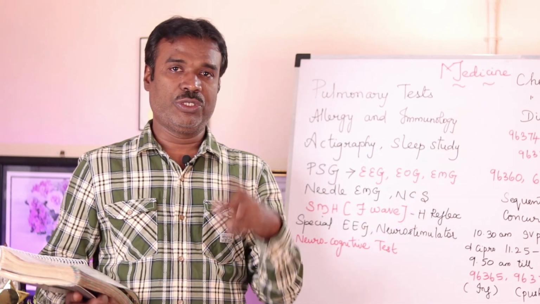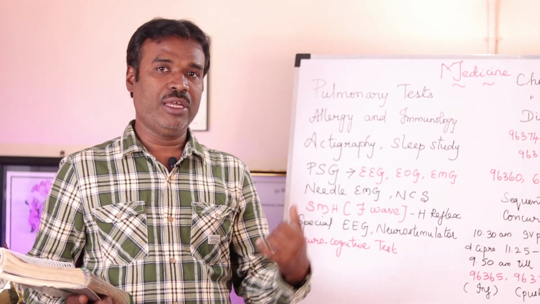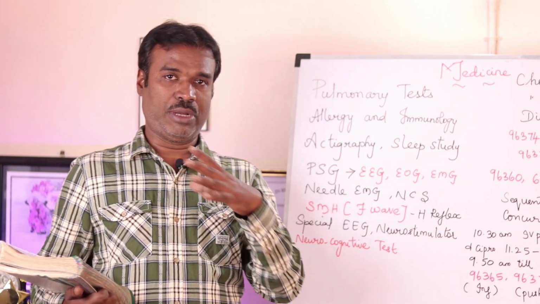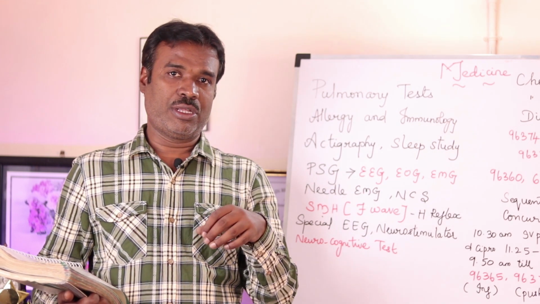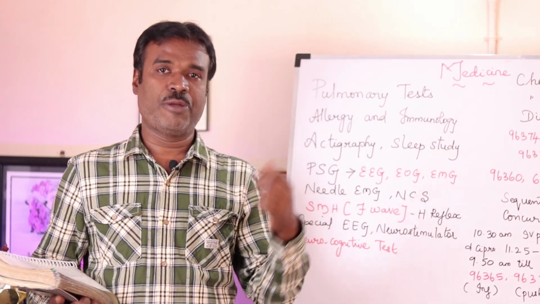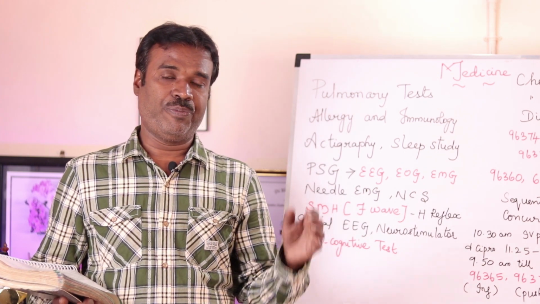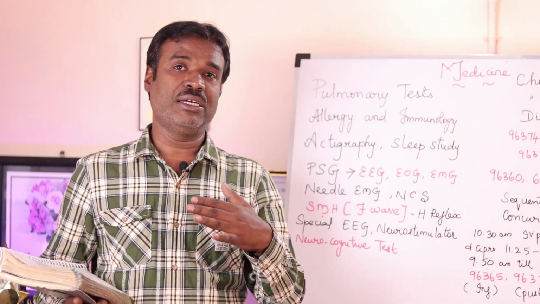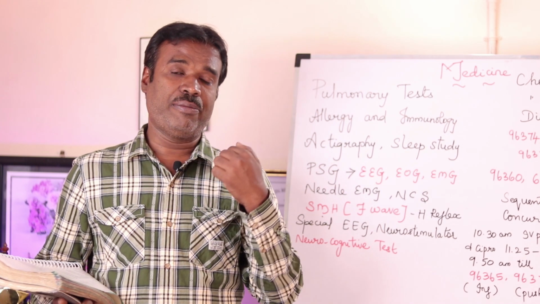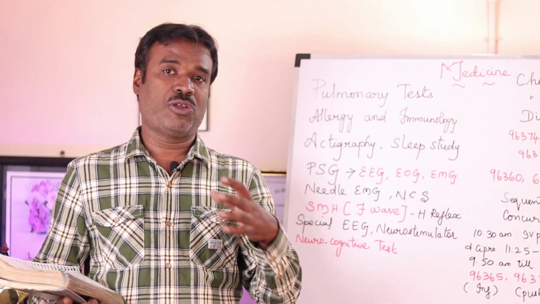Coming to EMG, which is electromyography, here there are two types. They are going to measure the movement of the muscle and its electrical impulses. So there are two types here, as in needle electromyography. Here they are going to place a needle into the musculature and thereby they are going to record the muscular